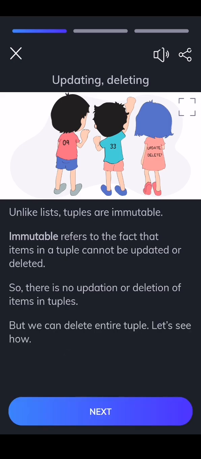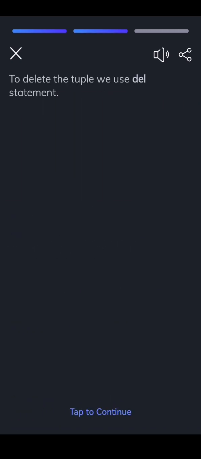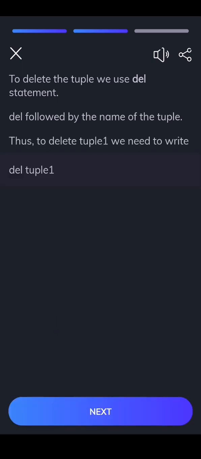Let's see how. To delete the tuple, we use the del statement. Del followed by the name of the tuple. Thus, to delete tuple 1, we need to write